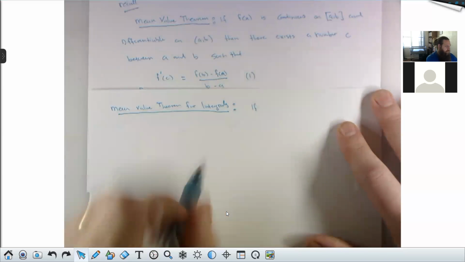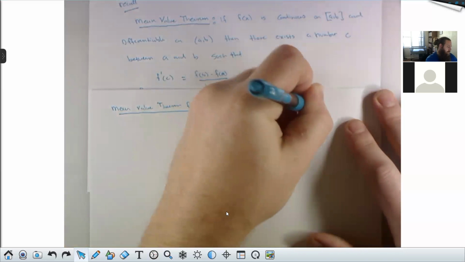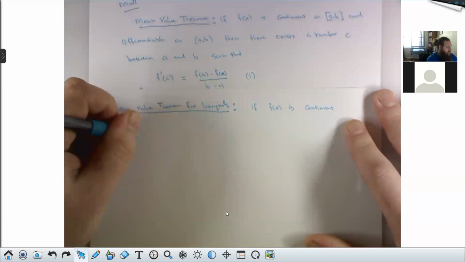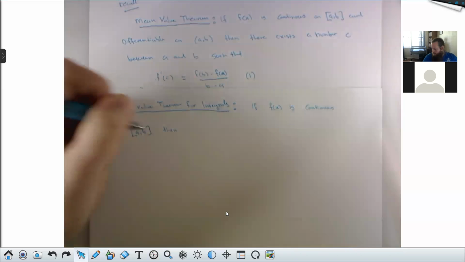So MVT for integrals says if f of x is continuous on the closed interval AB, then